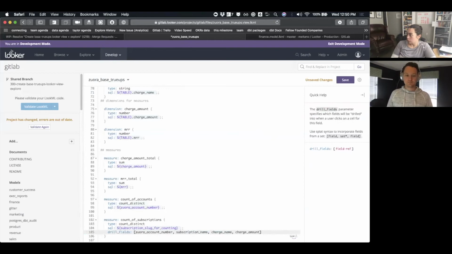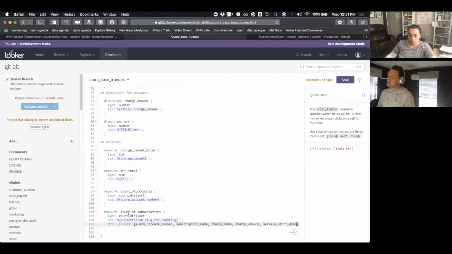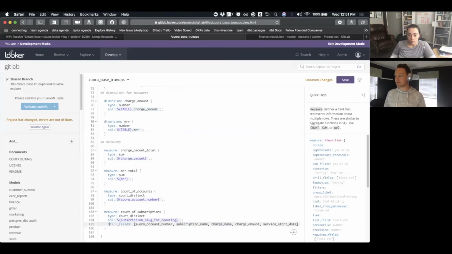And true up or the service start date. You think that's good? Account number, subscription name, charge amount, service start date. I think in this case, probably not. Mainly for the fact that I'm